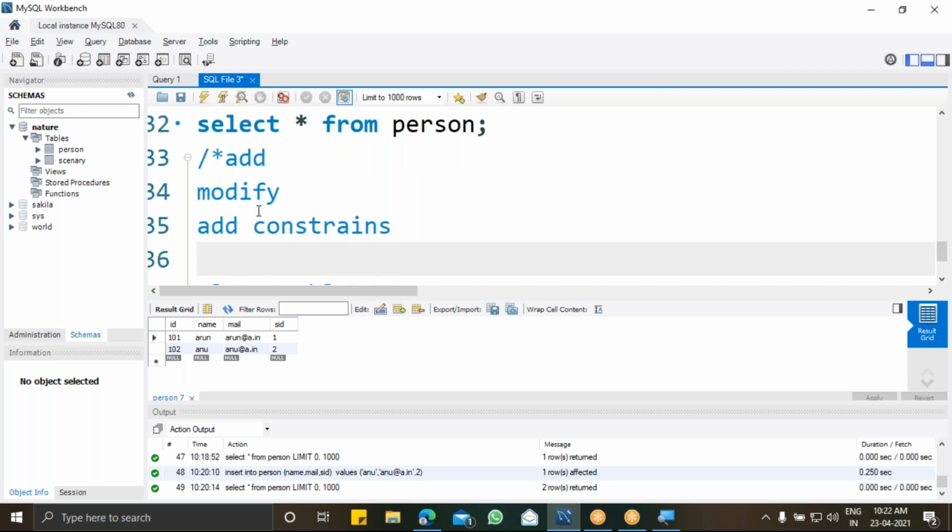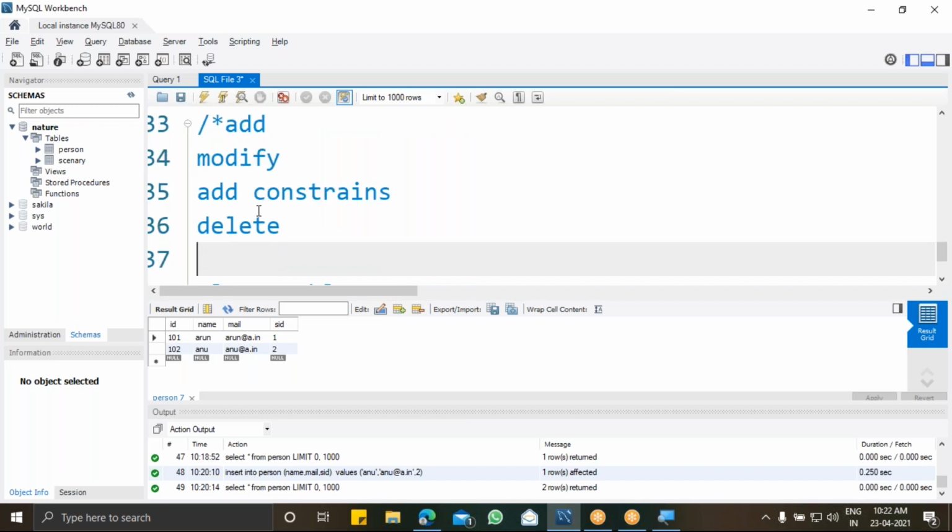Similarly, delete a column, and also rename. So these are the things that we can do with alter.